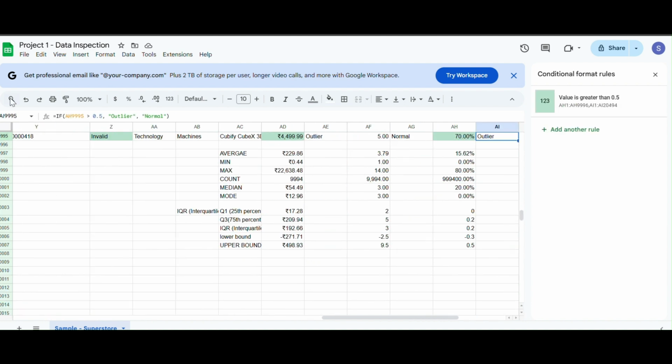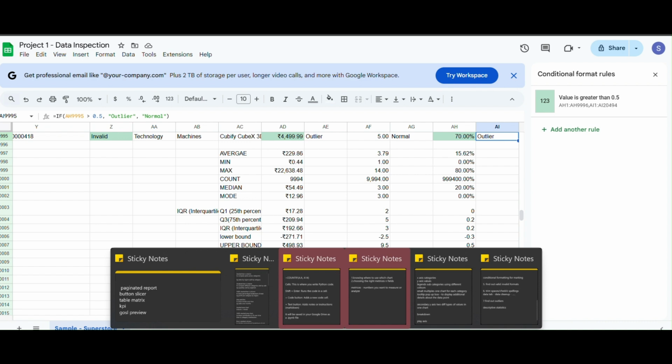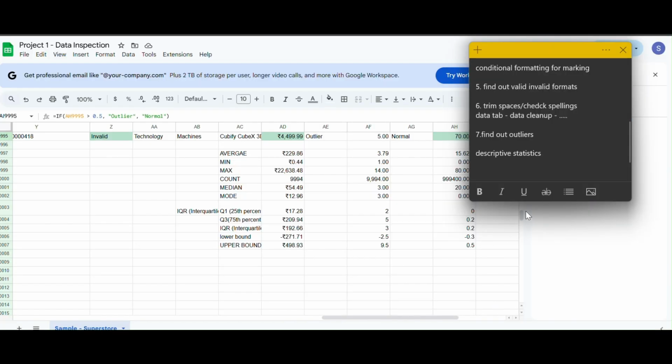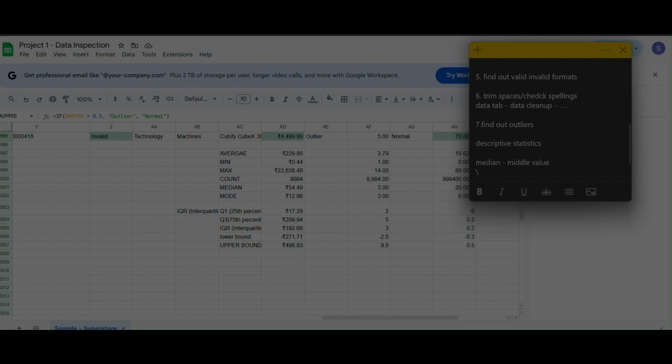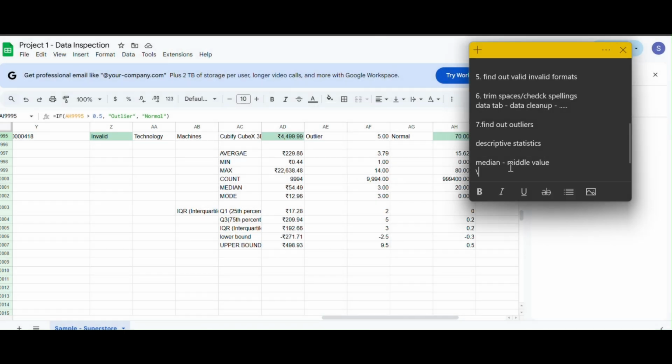See, you have to find the average, minimum, maximum, count, median, mode value, then quartile values, lower bound and upper bound values. Here, median means the middle value. Mode means repeated values,